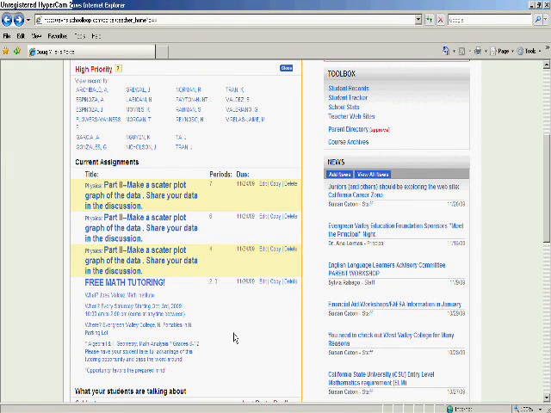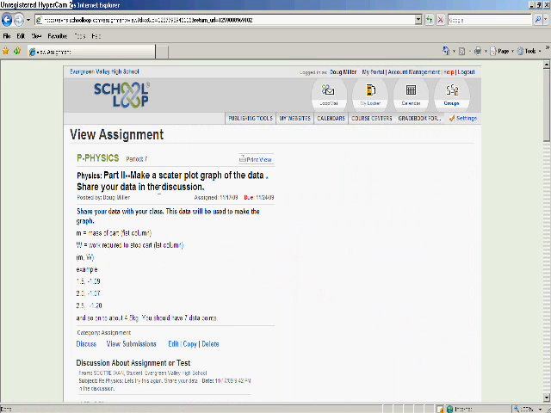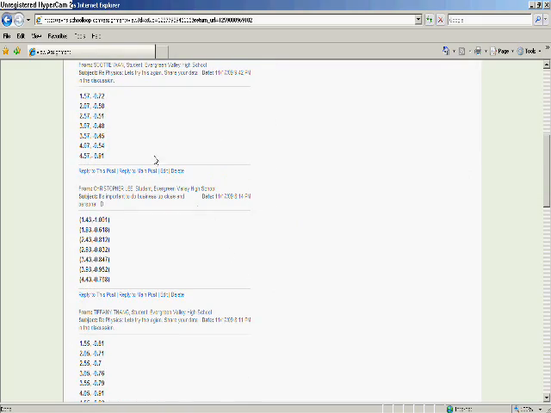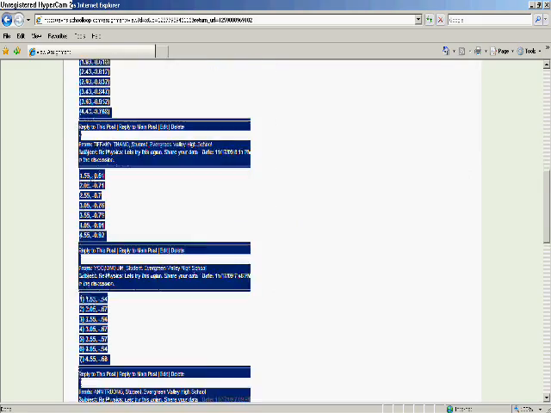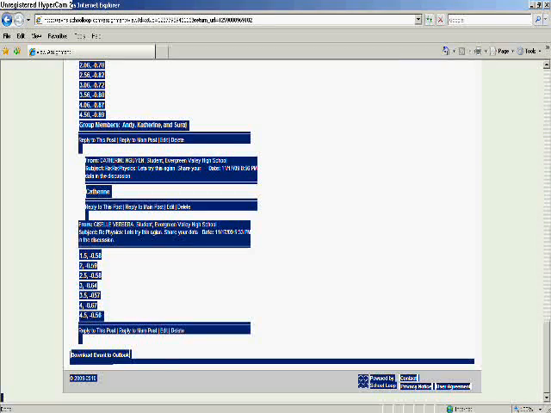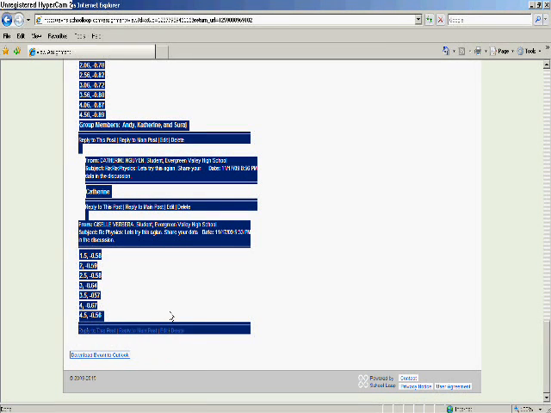With tonight's homework assignment, you're supposed to take the data that you shared on School Loop and make a scatter plot graph. So the assignment has been reposted. Click on it so we can see all the data. Now we're going to select it and copy it. So we're just going to go down and select all the data